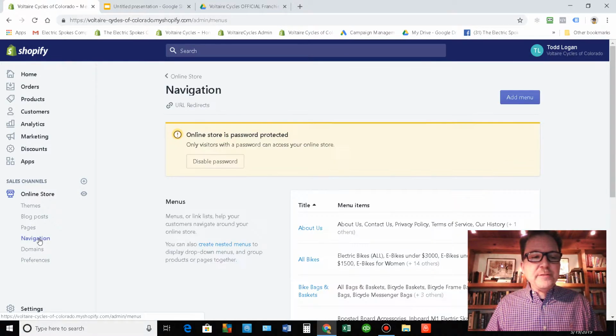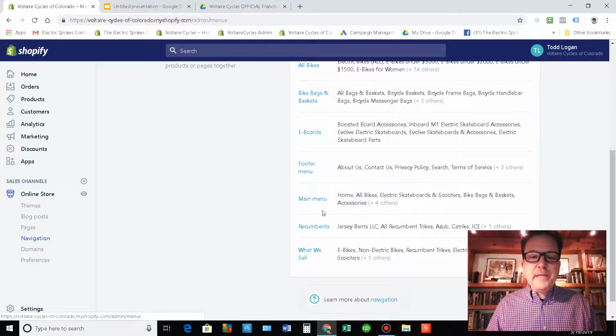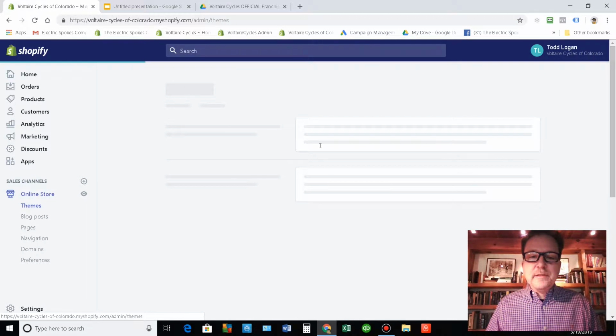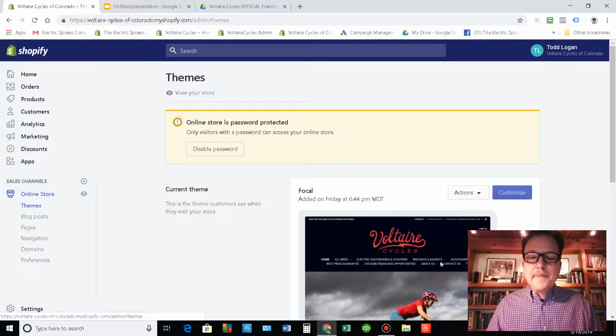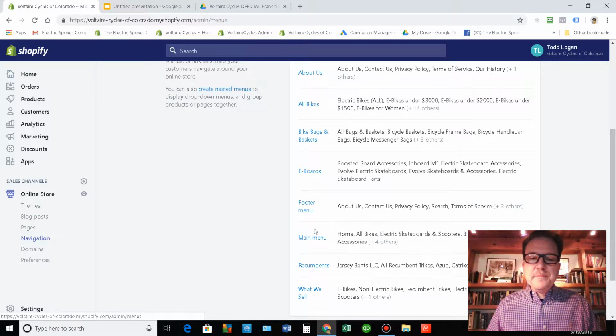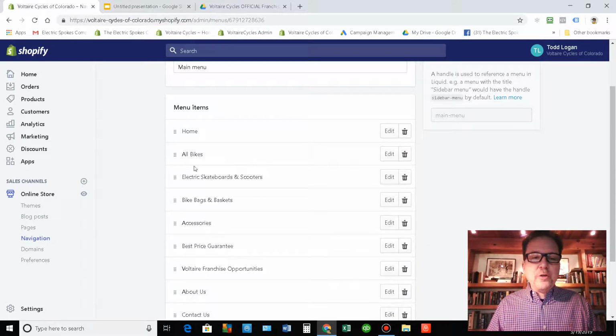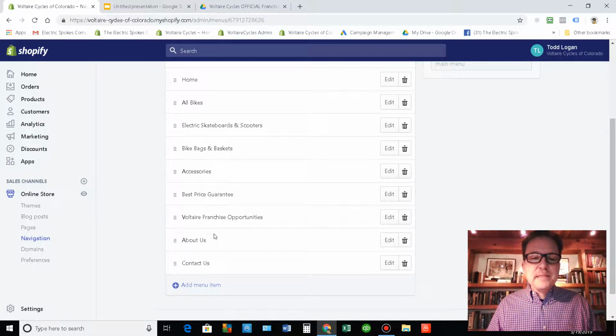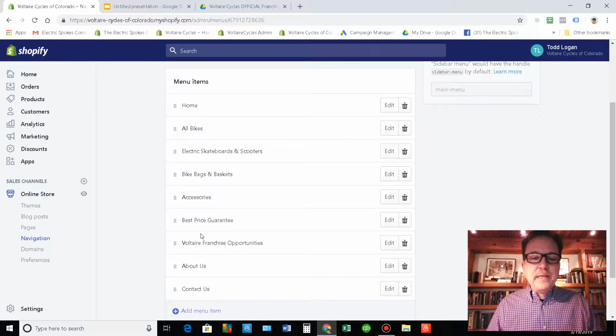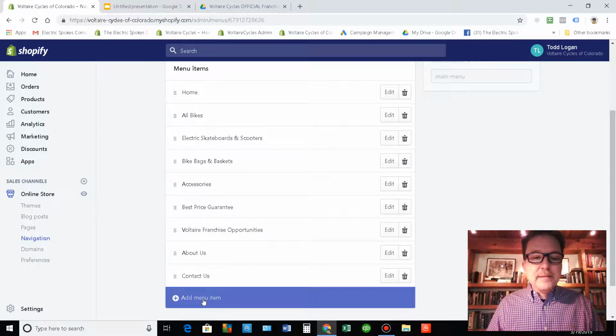So when I go over to navigation and I look down for main menu, I can see home, all bikes, electric skateboards, scooters, bike bags. I see all of these links. And those links are these very same links that we see up here. So if I go back to navigation and then I go to main menu, I'm looking through here. I can see home, all bikes, the very same links that I saw on the home page. Now, if I want to add a new menu